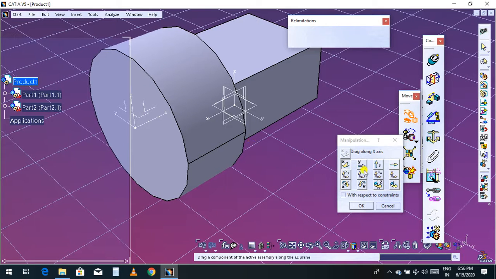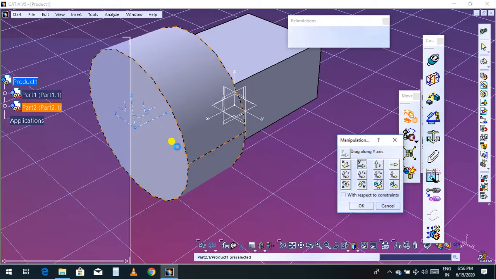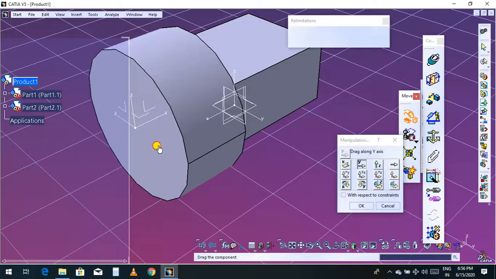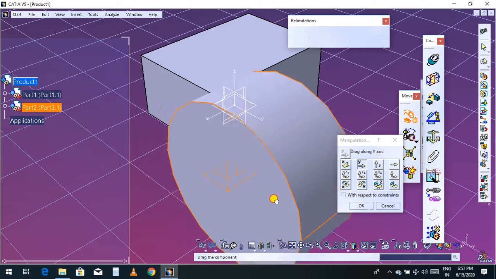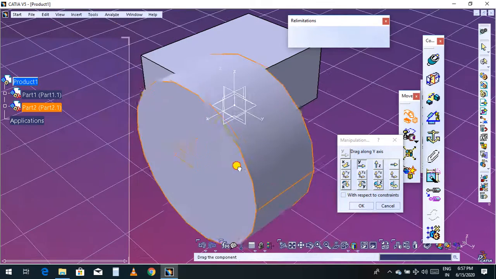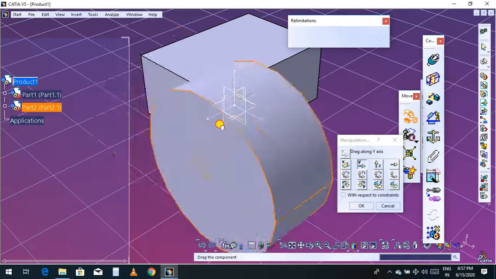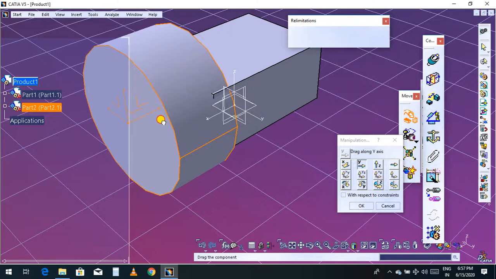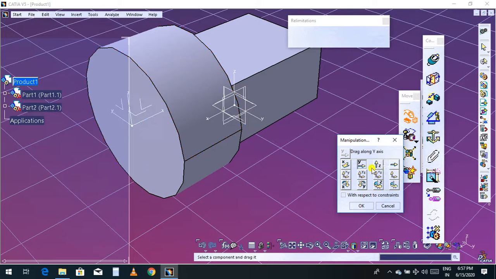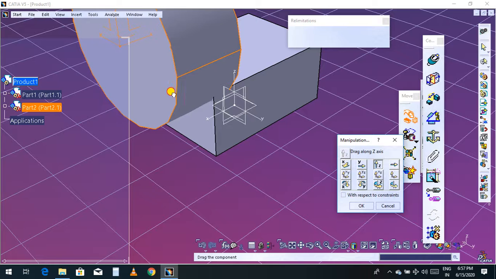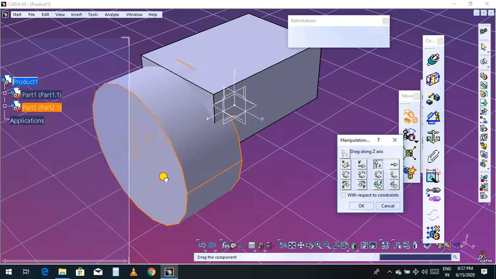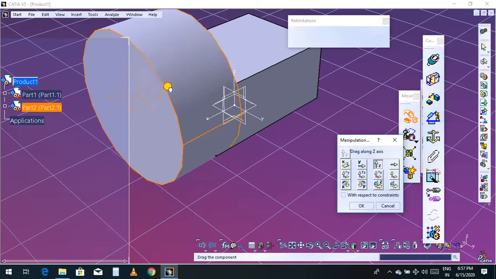If you choose the Y direction, select Y direction and select this part, then if you move it, it will move only along the Y direction, not in any other direction. Now if you change it, select the Z direction, click this part, and you can rotate it and see it will move along the Z direction.